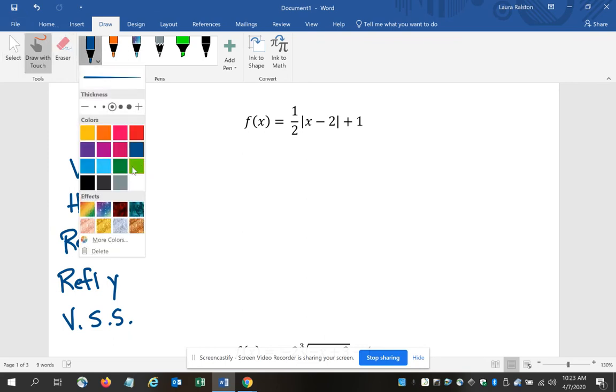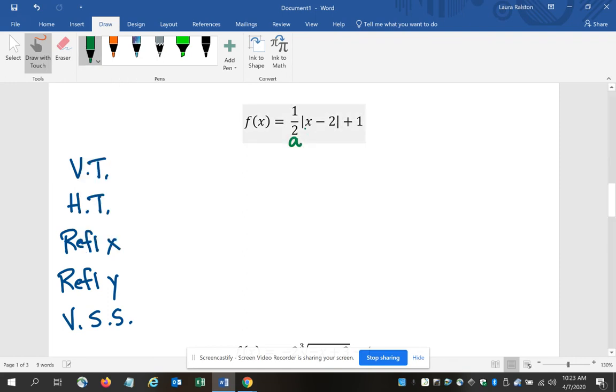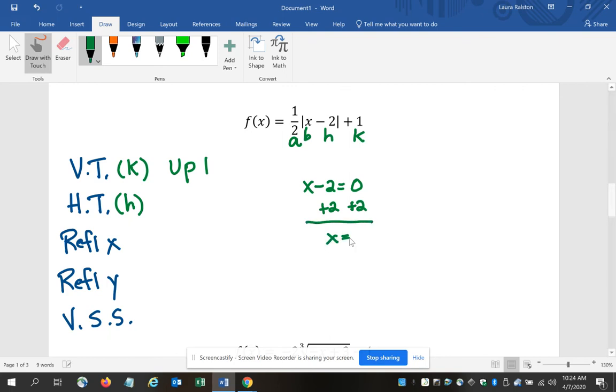So again, if I go back and identify the players, remember A is the number out front, B is inside the grouping symbol with the X, which is an understood 1, H is the constant inside the grouping symbol, and K is tagged at the end. The vertical translation is determined by K, which is plus 1, so we go up 1. Horizontal translation is determined by H. Again, I would tell you to take x minus 2 and solve for x to avoid any kind of error. We get x is positive 2, which means we're going to go right